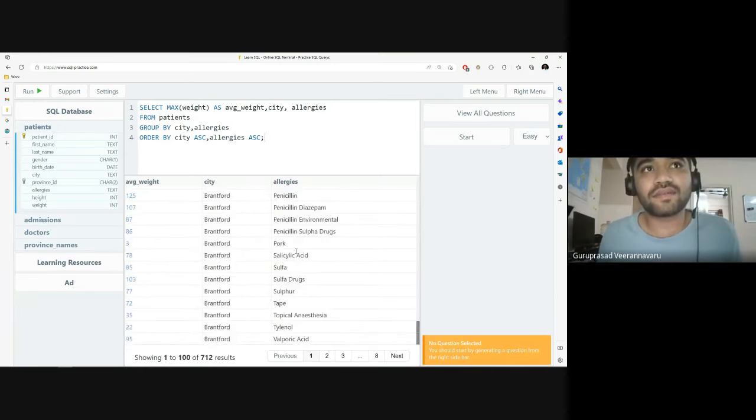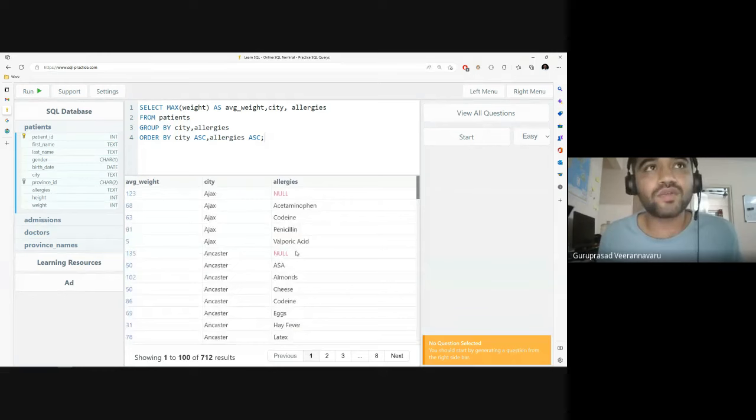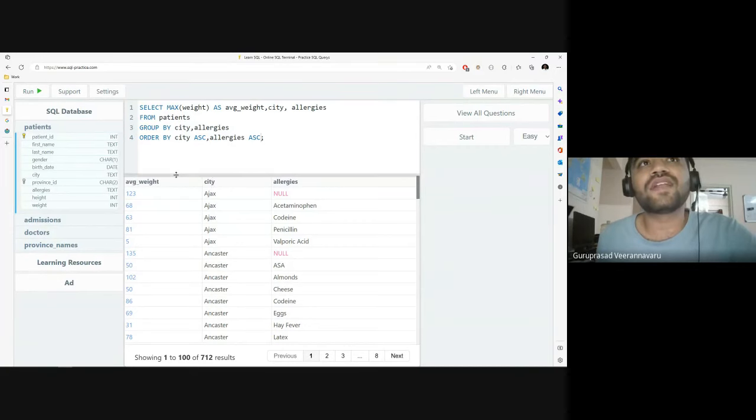So now let us say I only want to include having an average weight which is greater than 123. So I've calculated the average weight of all the cities and I want to have only the cities and allergies where average weight is greater than 123. So then what I'll do is having